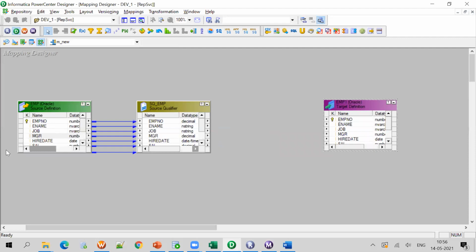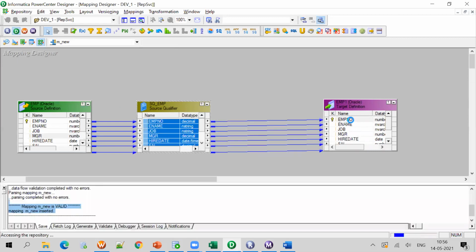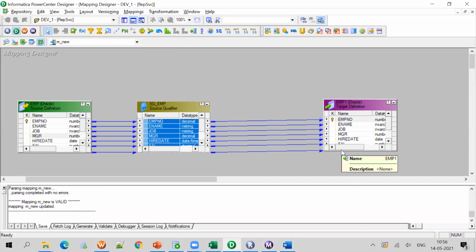This is called a pipeline. If you unlink it, it will not flow at all. It will flow only from here to here. How will it flow from source to target? We need to link it. If you link, it will flow. The 10 records in the source will flow to the target table. You got my point, Naveen? Yes, sir.